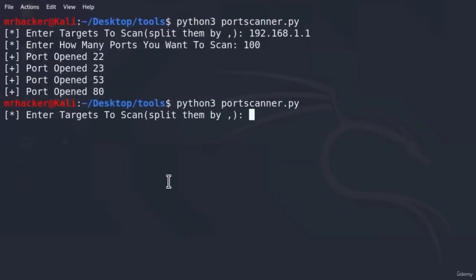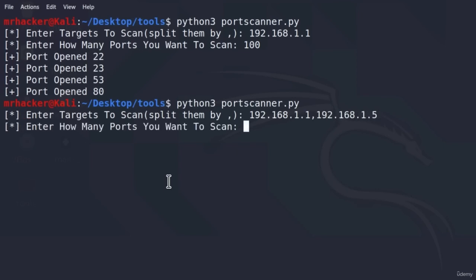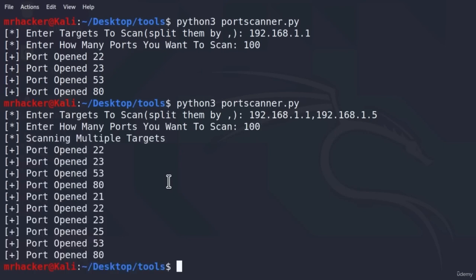If I run the program once again and type 192.168.1.1, which is my router, then a comma, then 192.168.1.5, press enter, and scan 100 ports,